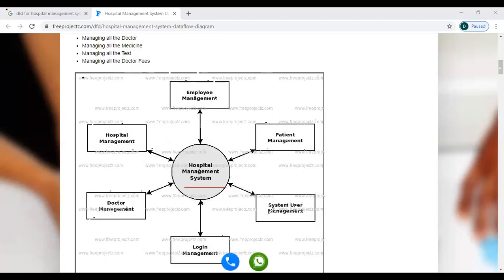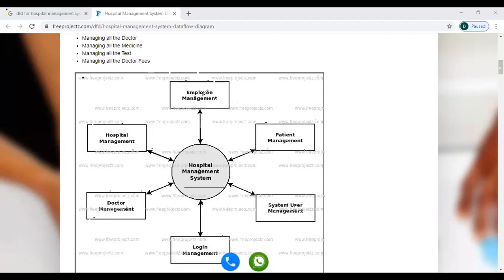And next, system user management. What are the actions with the system? And at the same time, patient records, employee records. Apart from the doctors, many employees work in the hospital, no?